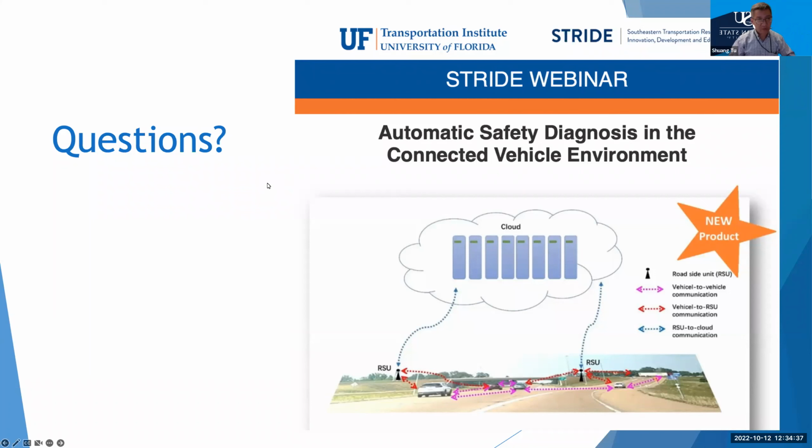One thing Dee forgot to mention is the source of the data we use. We bought the data from Virginia Tech Transportation Institute, and because of the limit in the budget, we bought only 30 days of data. So probably that's the major limitation. If we had more money, we should buy a longer period of data. That would make the analysis more convincing. That's what I want to supplement.